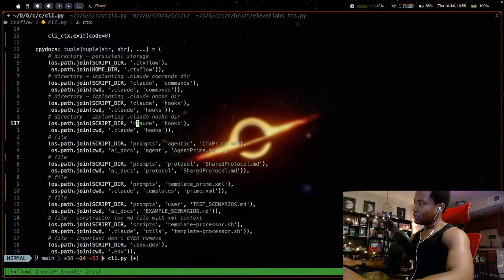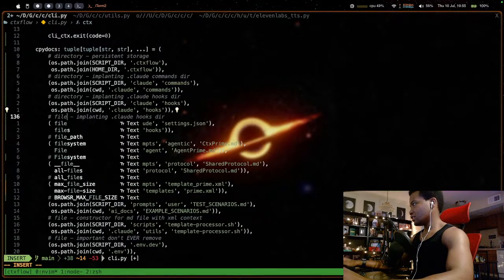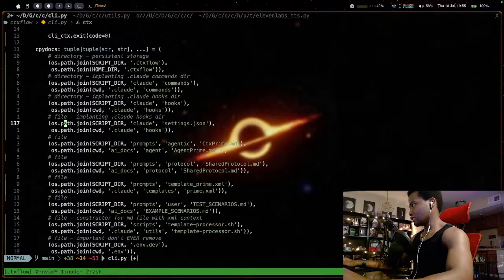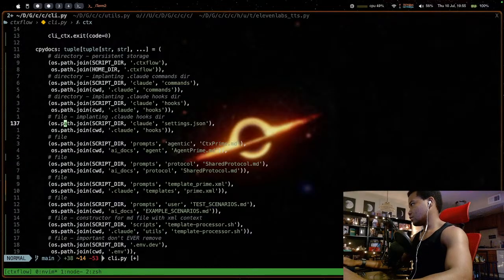So scripter, Claude, settings, JSON. It's so bad. I need to kill that process, but I'll do it later. I'm about to be done now. My stuff is starting to just lag. Zen is also not helping at all.